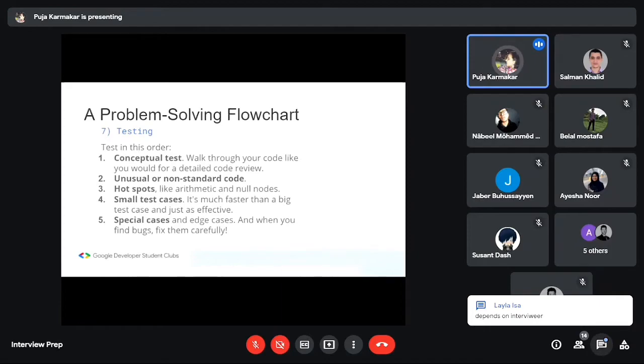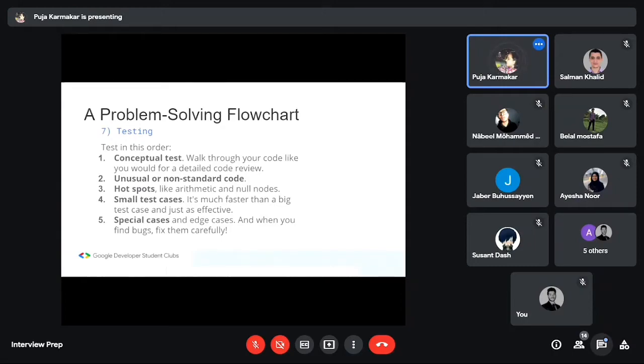See, maybe there is a syntax error that you missed, or maybe there is a line of code that will just simply fix the whole thing up rather than removing the whole big chunk. So just fix it very carefully. Okay. And last thing,